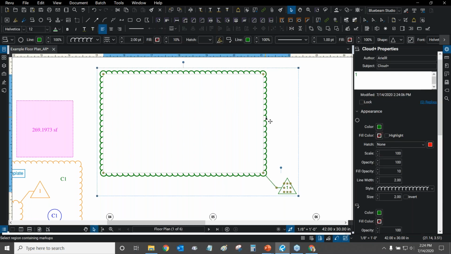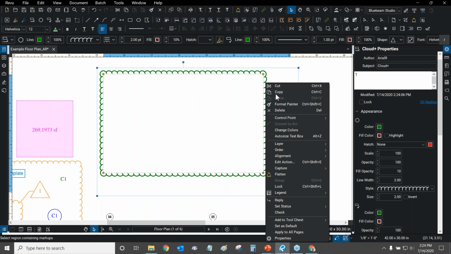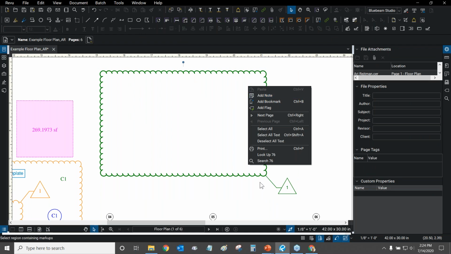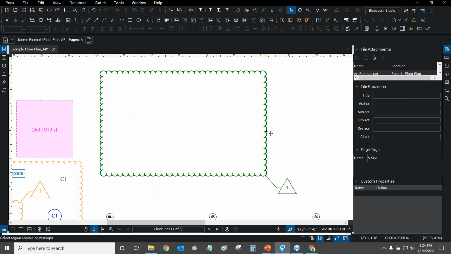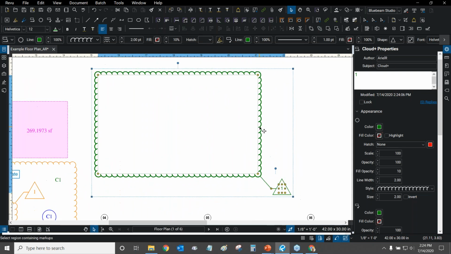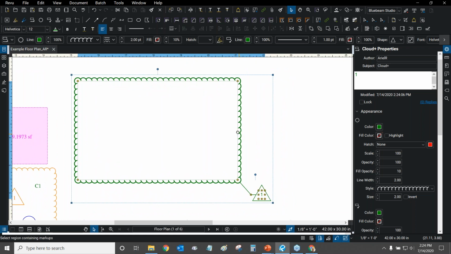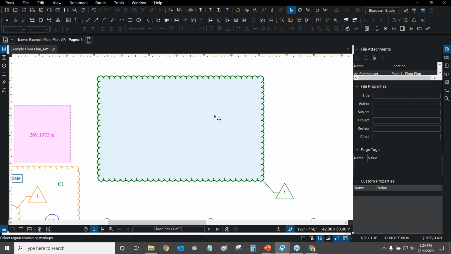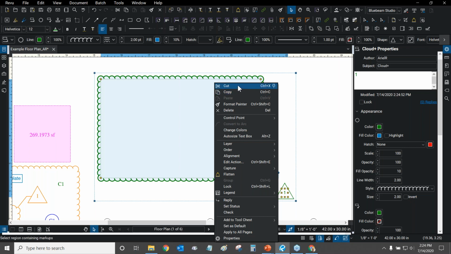If I select this markup and then right click on top of it, now I have all kinds of options. Even if I select the markup, had I right clicked right here, I would just deselect the markup and get the regular menu. So that's something very, very important to note. I've noticed that when I train people, a lot of people get very confused about this. They try to right click inside the markup, but they don't realize that they have to right click on top of the markup itself. Now, because I added a fill, which I'm going to put back, the fill itself is part of the markup. And so this is an object too. So when I right click on top of it, I am now right clicking on the cloud itself. So just a little thing to note.